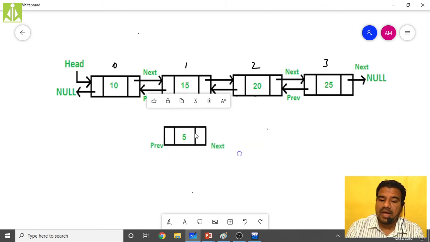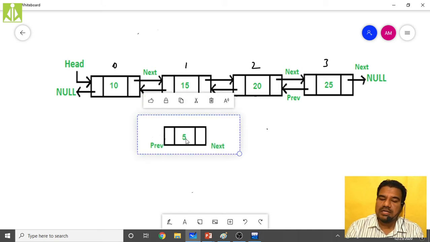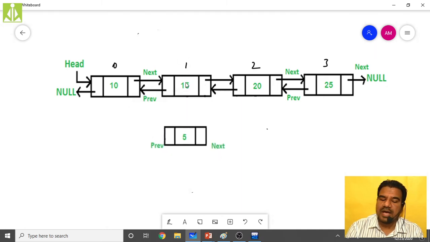I have two possibilities here, because we have a forward direction pointer as well as a reverse direction pointer, isn't it? Next is my forward direction pointer and previous is my reverse direction pointer. As I have pointers in both directions, and if they have given me the node position and they want me to put this node as a neighboring, adjacent node to this one, then I have two possibilities.